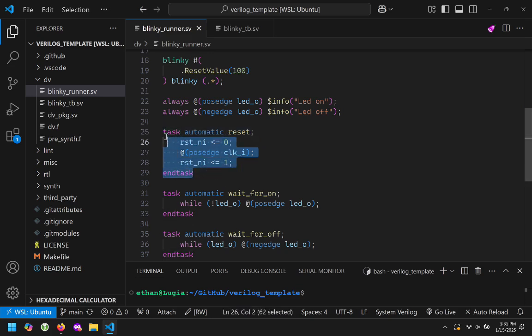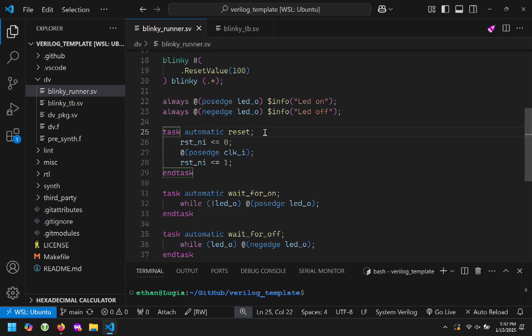Does the automatic keyword just launch this function immediately? What was that? Does the automatic keyword just tell the synthesizer? Automatic. Does anyone know what automatic means? Okay. Automatic means it's the opposite of static. So static meaning,